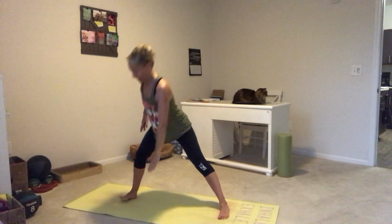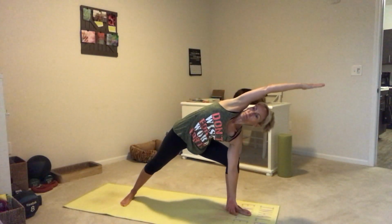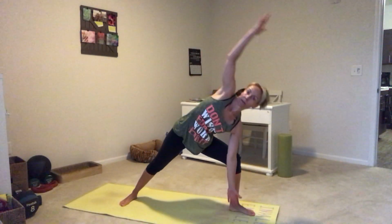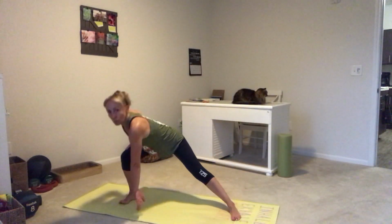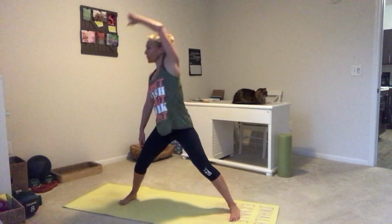So you're gonna bring both feet forward and lunge and go all the way to your triangle. And again, lunge back. You're pressing through the heel and you're pushing your butt back the whole time. Awesome. And back. Press and open. Keep your abs nice and tight. Last one here. We're gonna hold